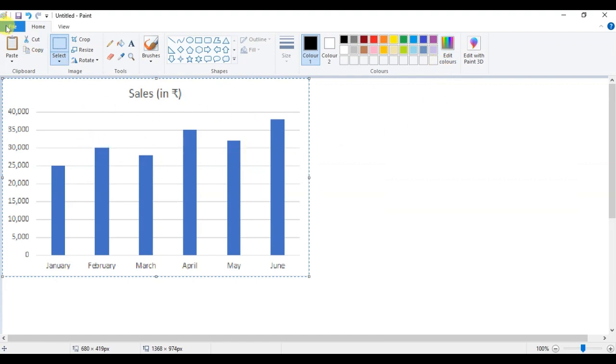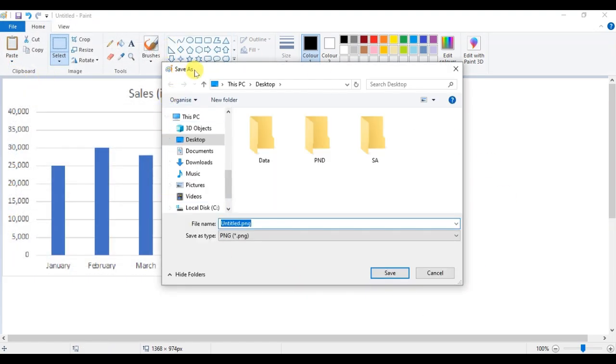After that, just go to File, click on the Save option, and you can see the Save As dialog box is open. Select the destination where you want to save this column chart. I select the desktop here and enter the file name. I just enter here, column chart image. Okay,